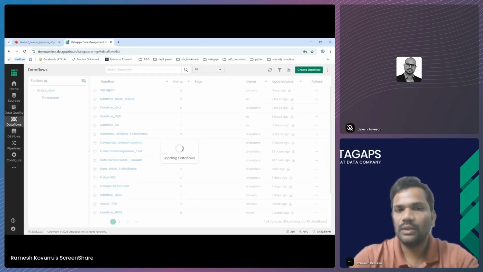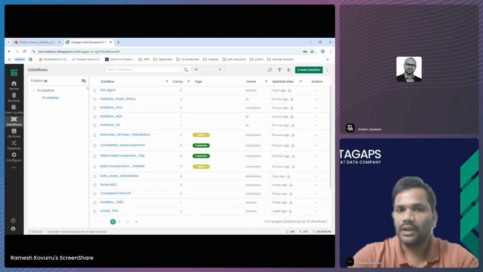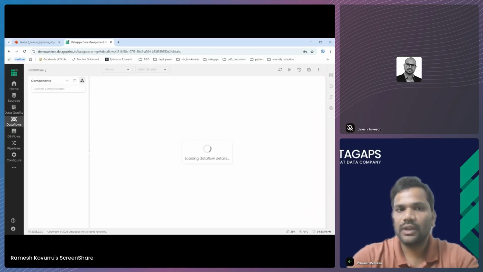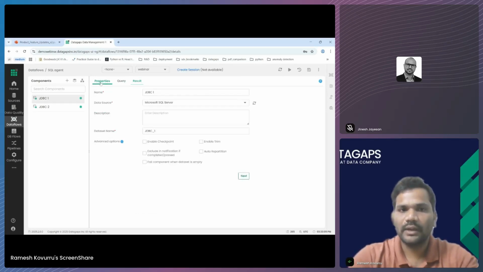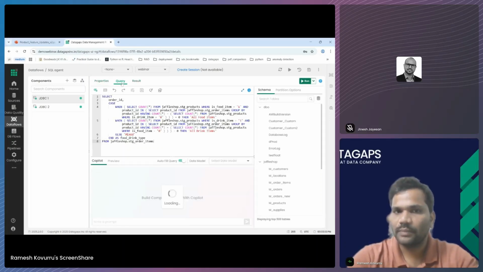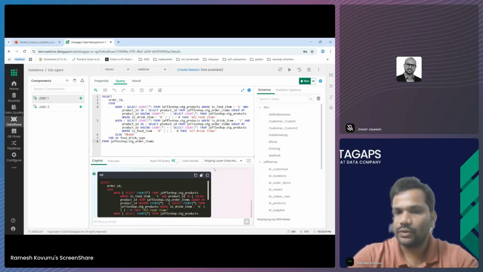So that option, that agent, will be present in the data flows. Whenever you create a JDBC connection, you will have to select the respective data source here, that is, which data source you are about to connect to and fetch the data from. If you get into the query tab, you will see a Copilot window, where you need to